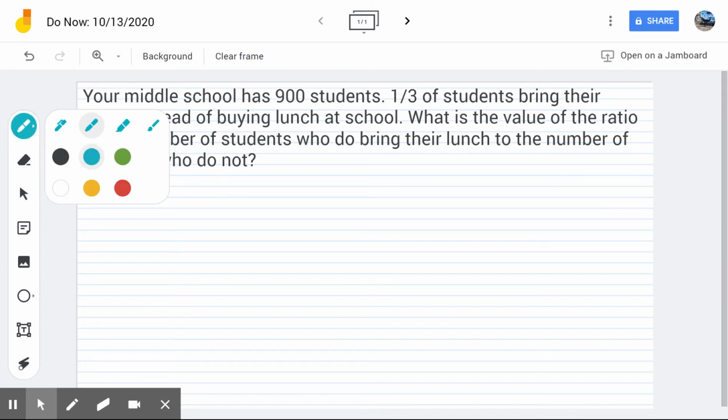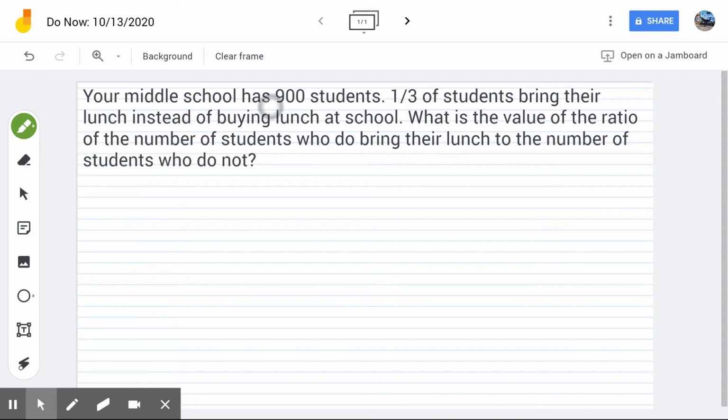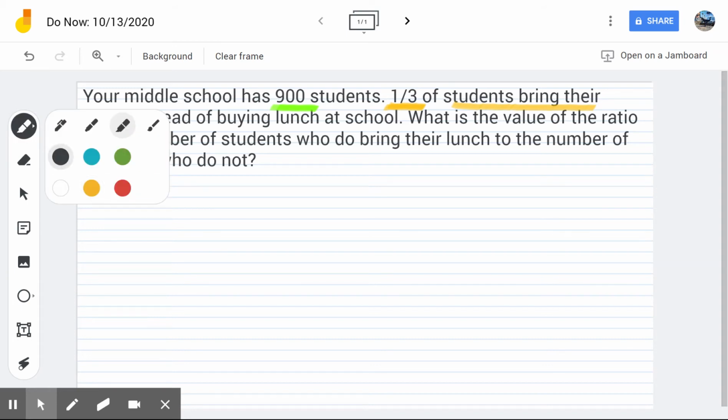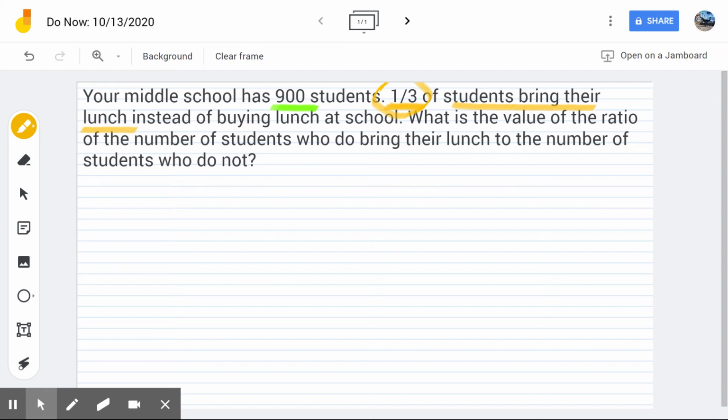So, once again, I want all of us to get in the habit of highlighting important information, especially with Eureka Math, where a lot of our problems involve a great deal of reading. So let's focus on the number of students. Let's also focus on the fraction of students who bring their lunch. Okay, so if I'm looking at my fraction here, I know that one third of students